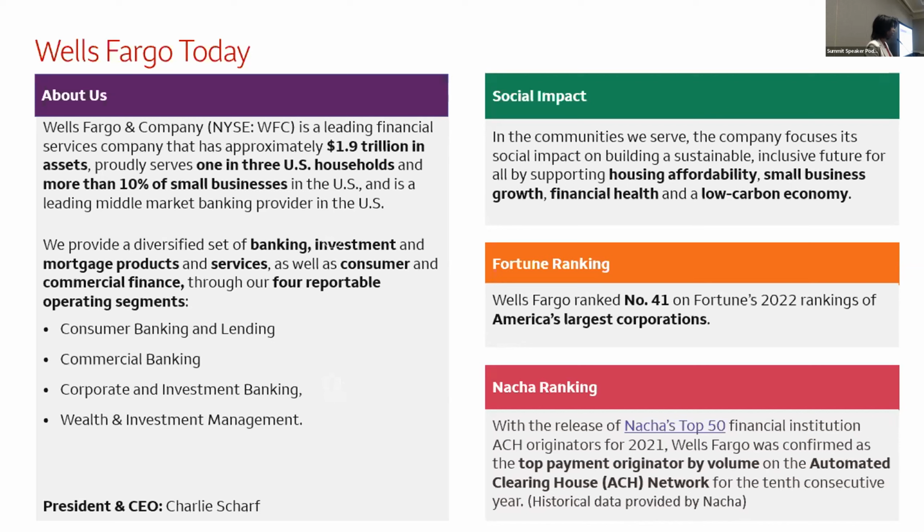What drives our social impact is promoting housing affordability, small business growth, financial health, and also having a low carbon economy or carbon footprint. Fortune ranked us number 41 in the 2022 ranking of businesses, and I think we're probably the 3rd largest bank. And because today my case study, the transformation that I'm working on, relates to payments,